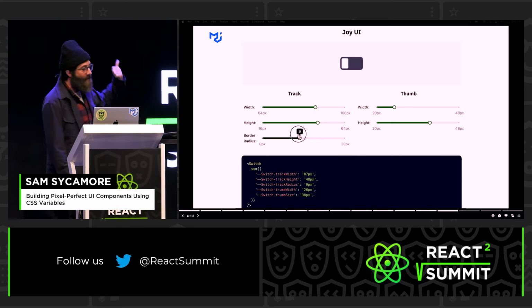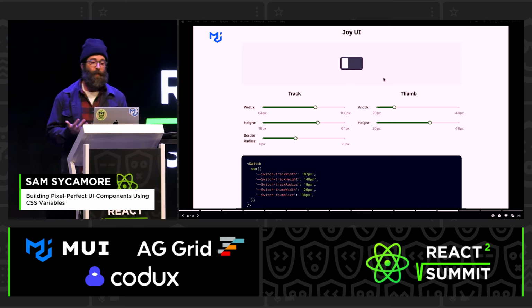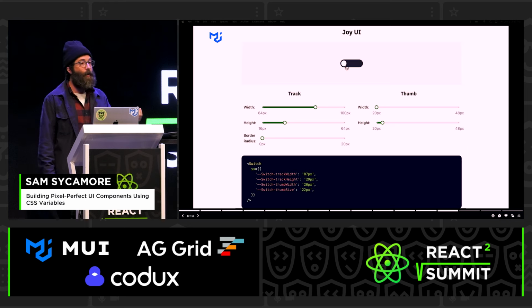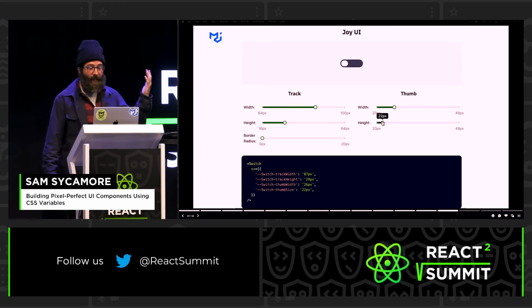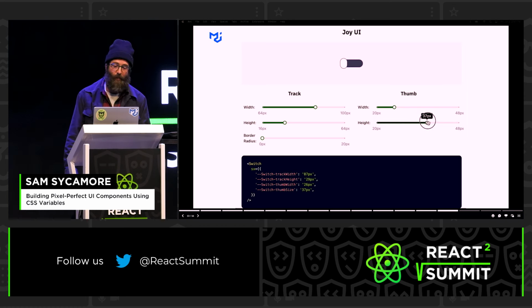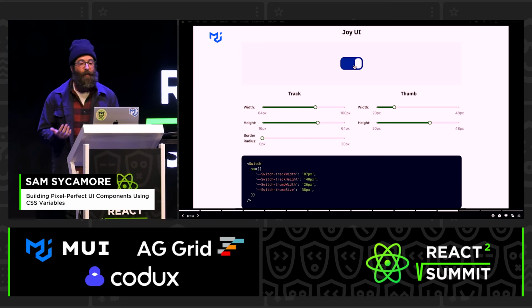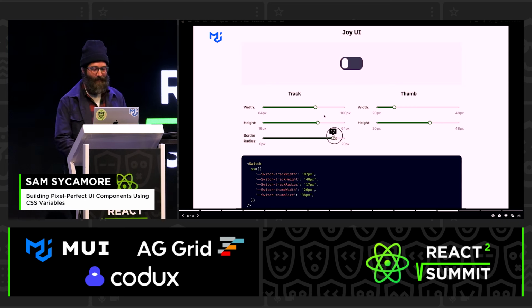And these values that you see inside the sx prop, those are the CSS variables that you need to make those pixel-perfect adjustments. So you can literally just copy and paste this code directly onto your component after you've customized it. And we've got CSS variable playgrounds like this all throughout the Joy UI documentation to make it as simple as possible. It's pretty cool, right? I think it helps foster the kind of developer experience that sparks joy. And that's why we call it Joy UI.